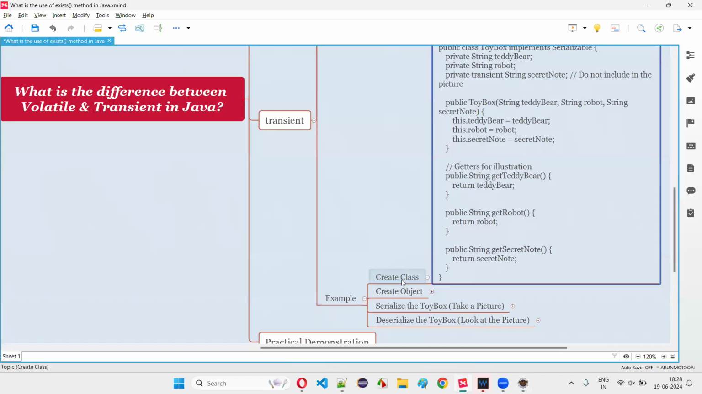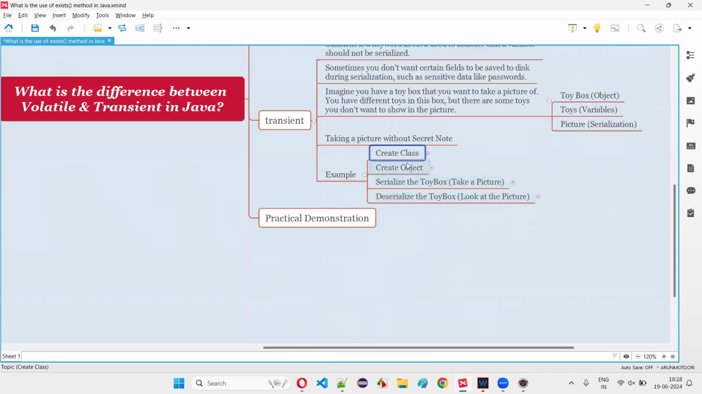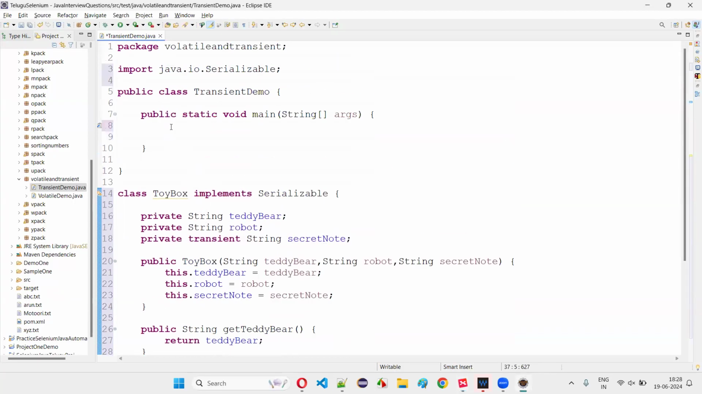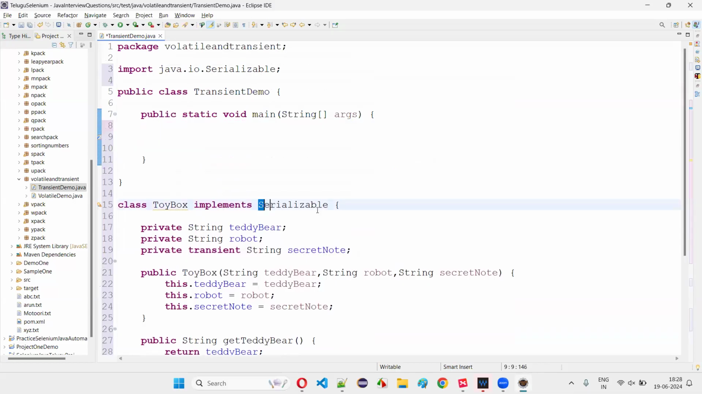That's it, guys. The code is, we created a class. Now let's create an object that needs to be converted to the bytecode as part of the serialization, guys. We need to serialize the ToyBox by converting the object to the bytecode. For that, first we need to create an object for the ToyBox class, which is implementing the serializable interface. So ToyBox is equal to new ToyBox, and while calling this constructor, you have to pass all these three details, like teddy bear details, comma,